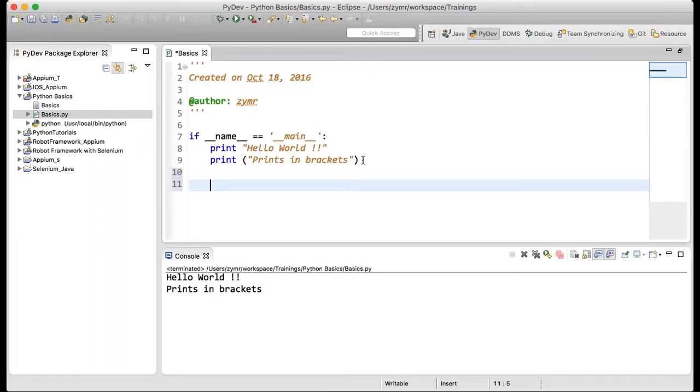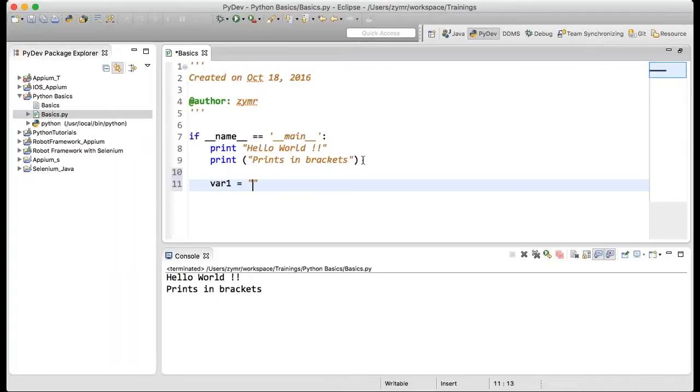Suppose in case of Java we declare like this, and then we move further. However, I don't have to tell the program what kind of variable it would be. At runtime itself, it understands what kind of variable value it is.